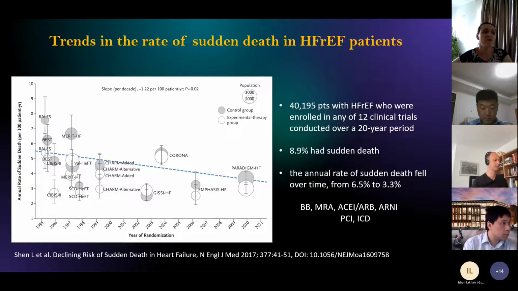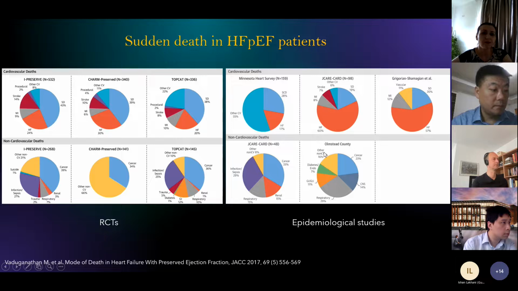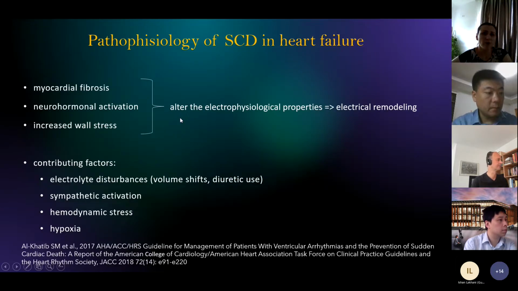And these advances limited both the incidence of ventricular arrhythmias and the disease progression. But sudden cardiac death occurs in the larger population of patients with preserved ejection fraction. And we have data from multiple randomized trials and epidemiological studies in which sudden cardiac death consistently accounted for about 1/4 of the deaths. The pathophysiology of sudden cardiac death in heart failure is complex and results from interactions between both the functional and structural changes